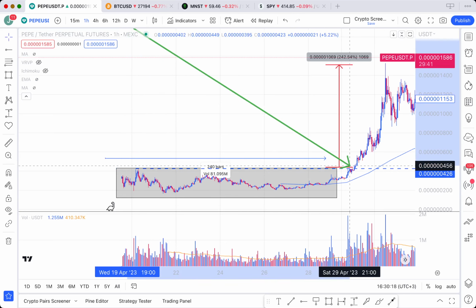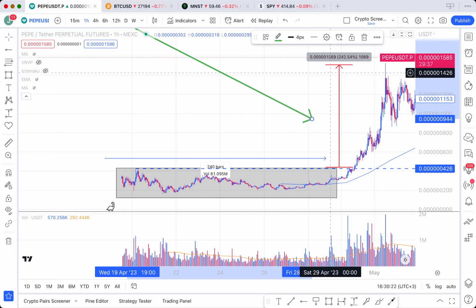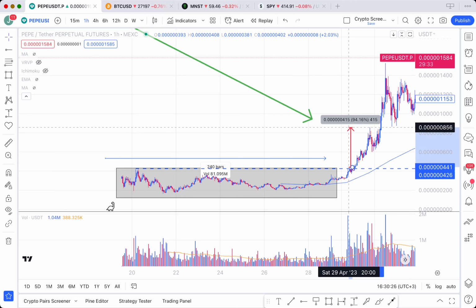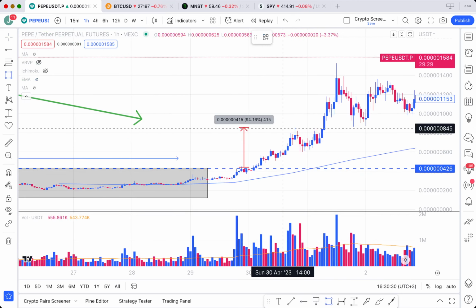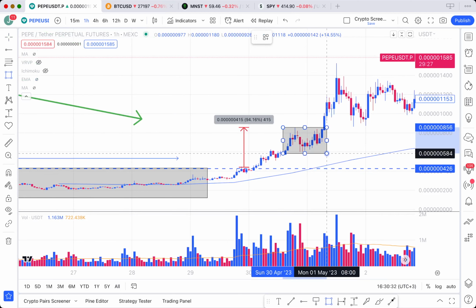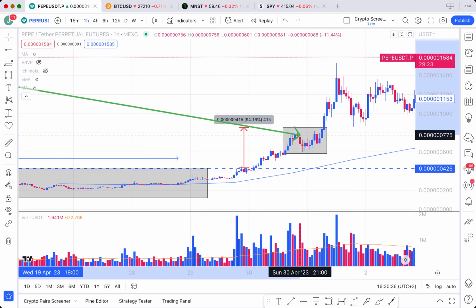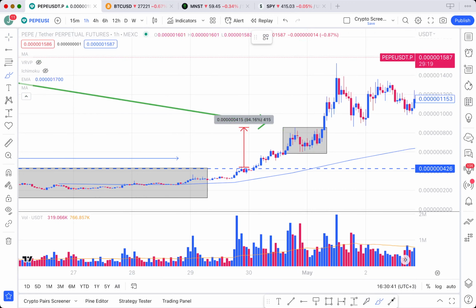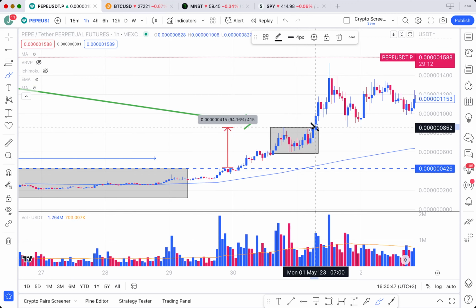Then it moved. First of all, it moved up to this pivot on the hourly. If you are on the computer, that's perfect. You've seen a 94% move up. You could have just made note that this is a consolidation, a digestion in price. People are taking some profits, and on the breakout of it, right over here, you could have entered. Now, that would be a very nice low risk entry over here.